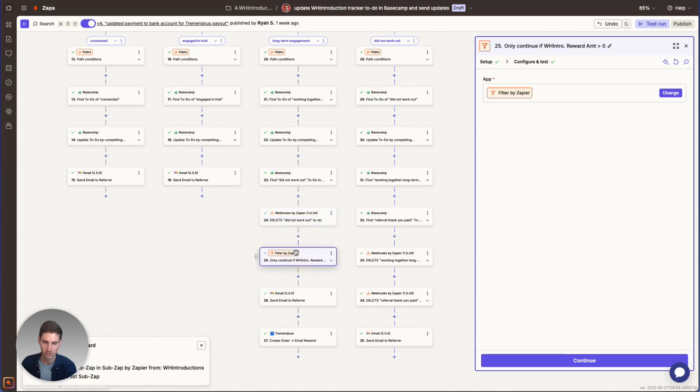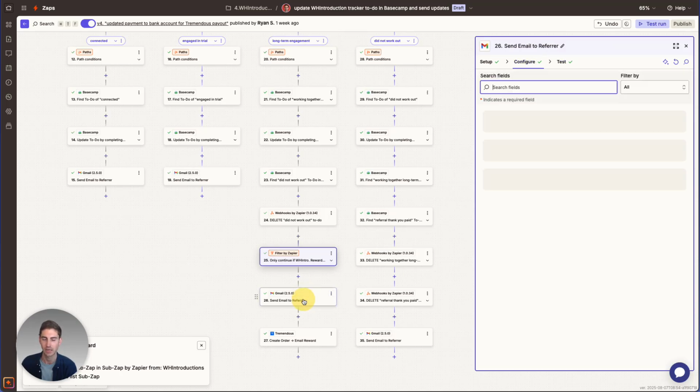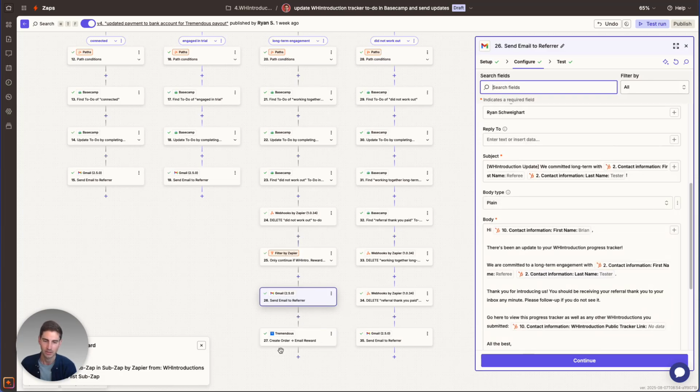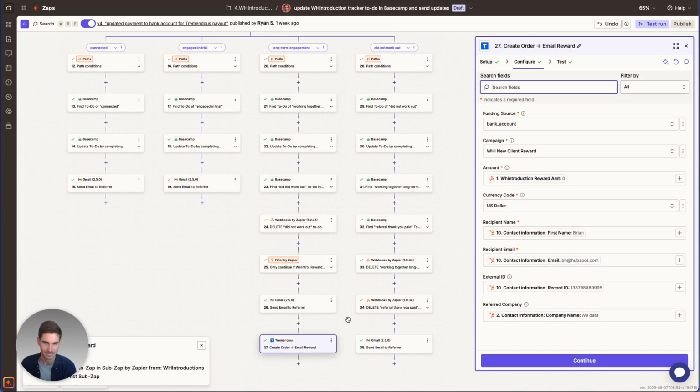Then we are going to only continue if the reward amount is greater than 0. And then we're going to send an email to them saying, hey, your reward's there, be expecting the payout. And then we have our Tremendous order. So create order, email reward for Tremendous, select your funding source, the campaign, input the information, and it will send